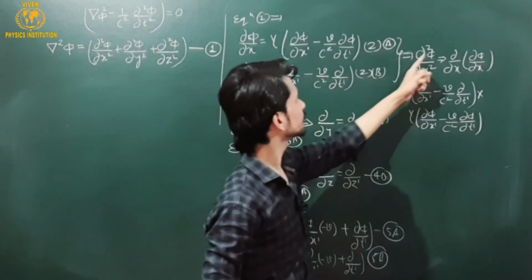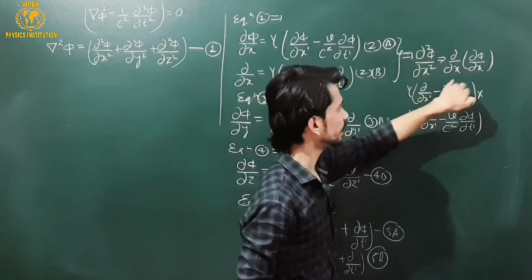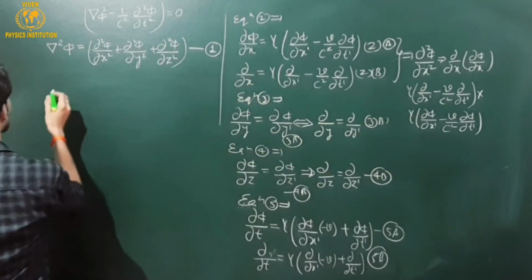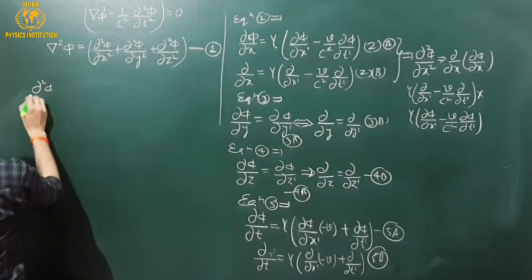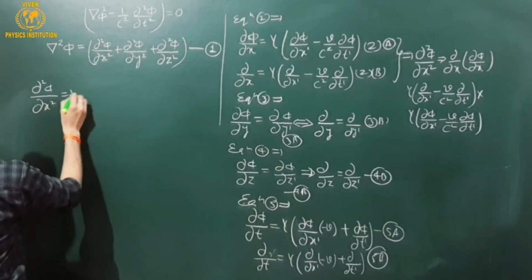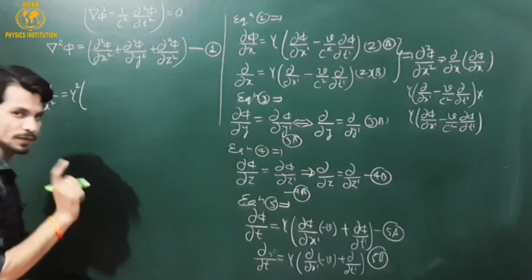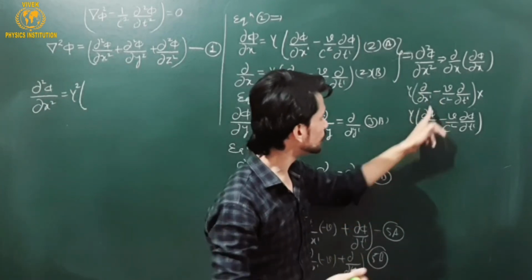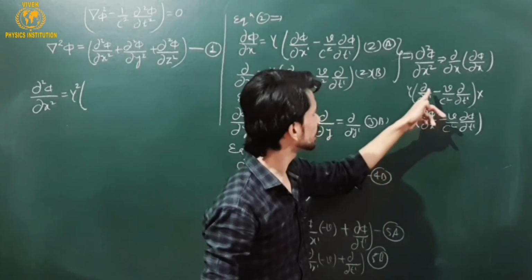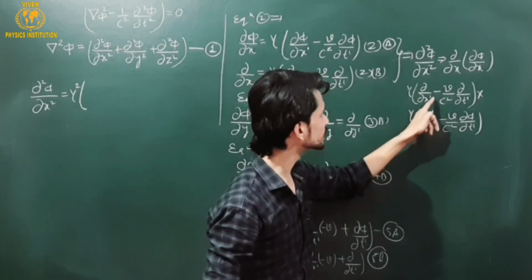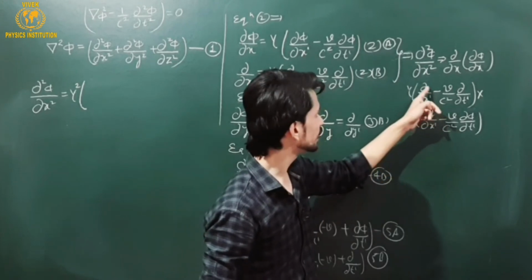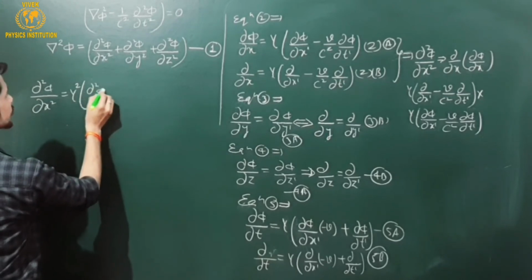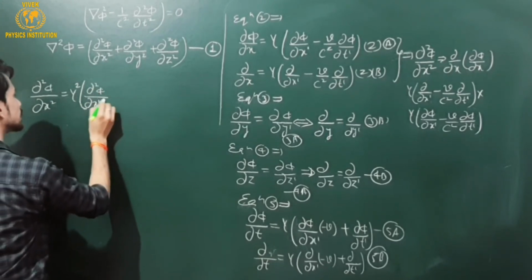So the value of ∂²φ/∂x² from this factor I am writing here. This will be γ into γ, which gives me γ². This is going to equal ∂²φ/∂x², which equals γ² up till now. I will multiply ∂/∂x' onto ∂φ/∂x'. So this will give me ∂²φ/∂x'∂x', that will be ∂²φ/∂x'².